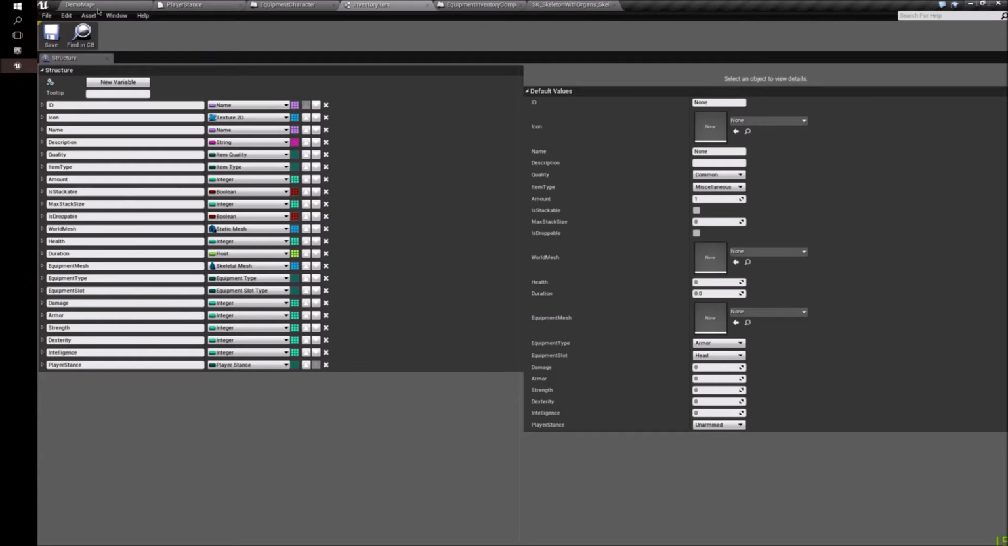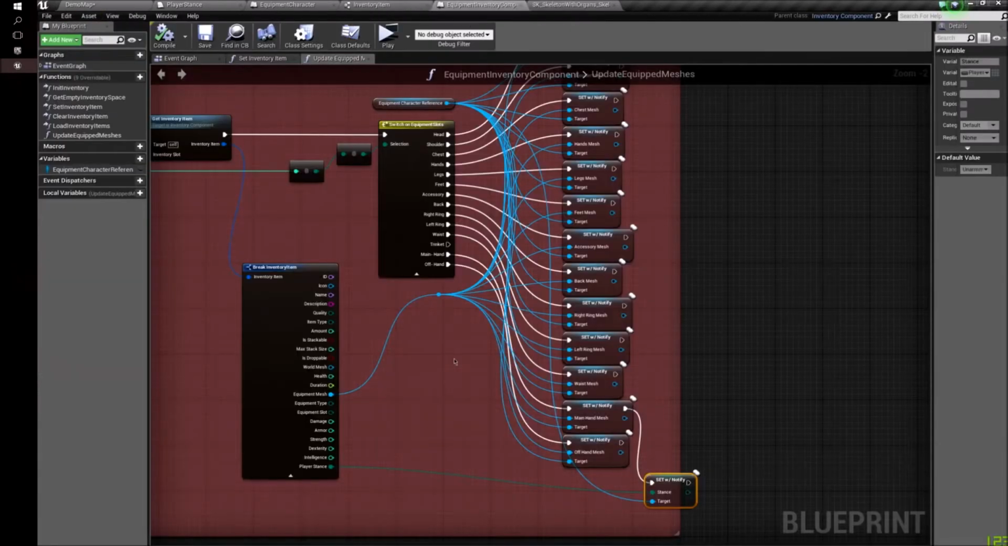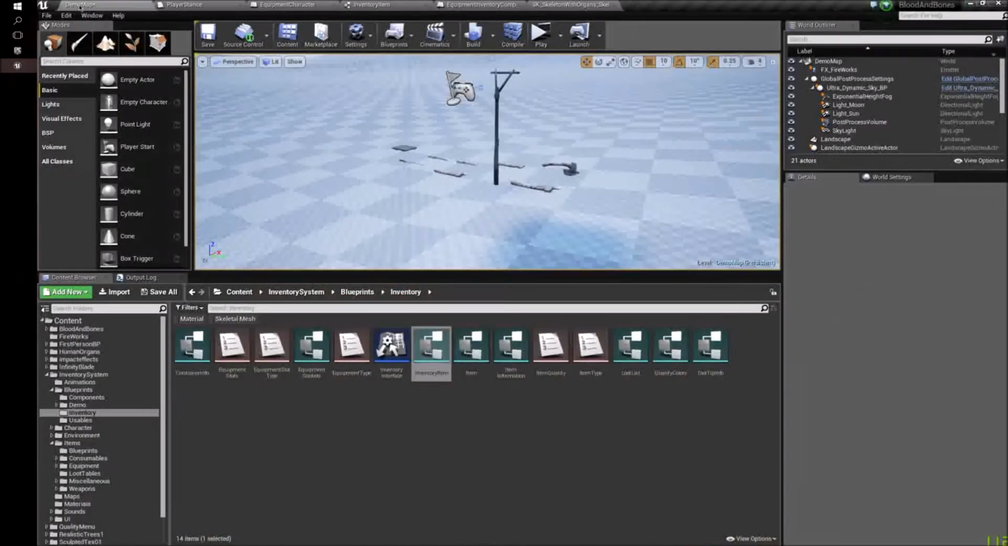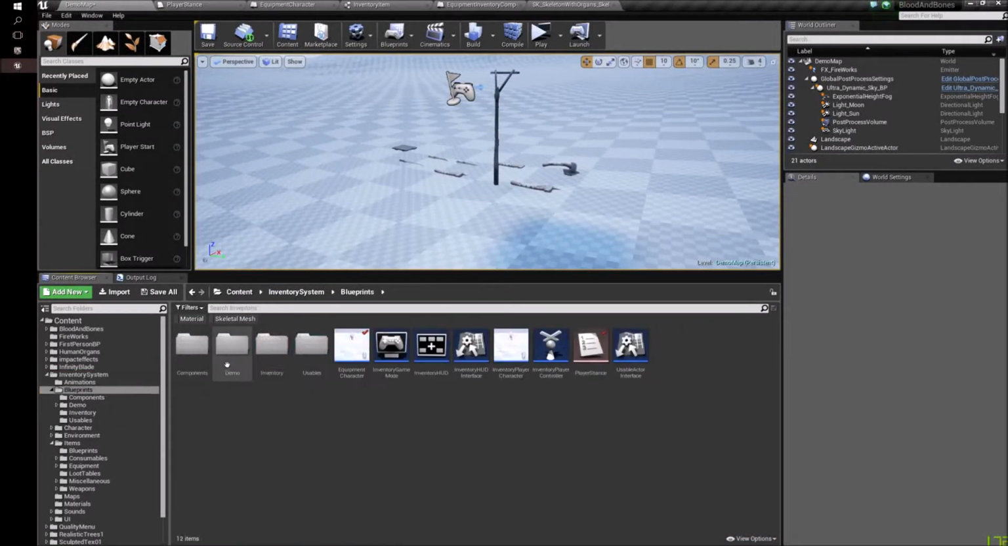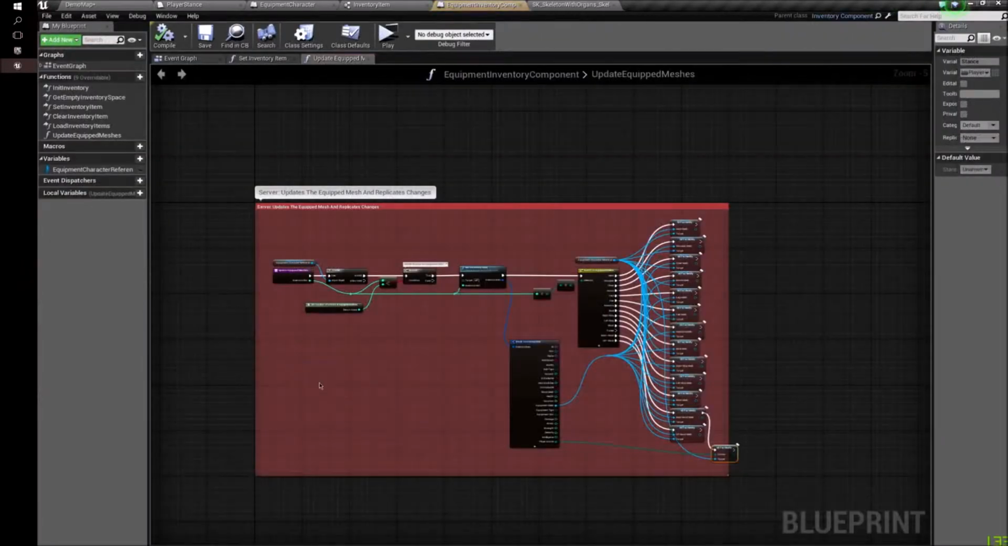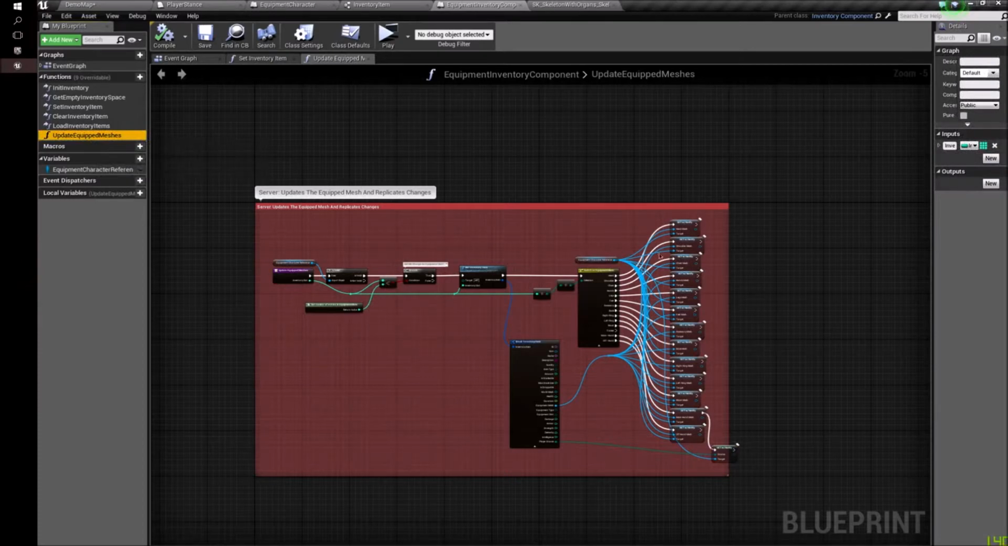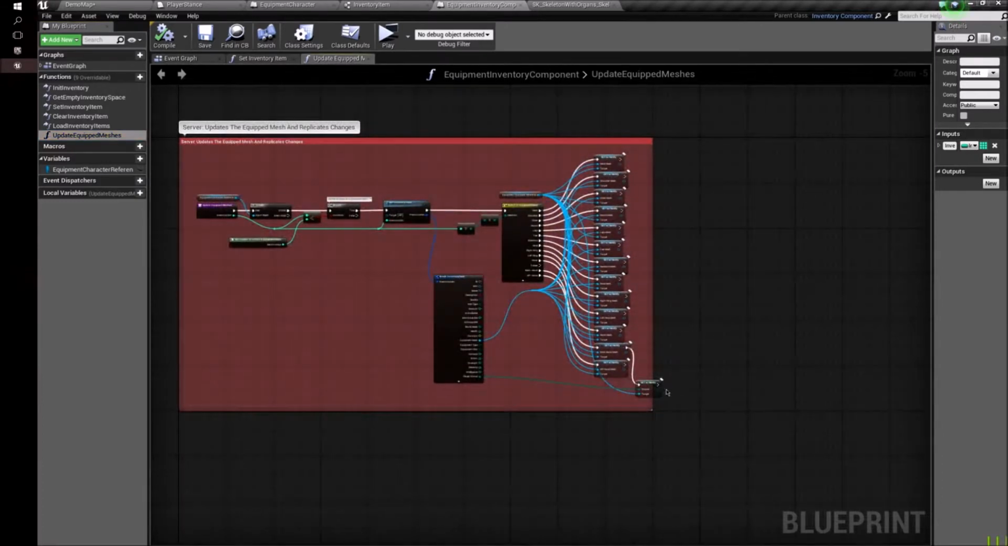After the inventory item is saved and compiled, and everything is good, we're going to go into the equipment inventory component, and that is in your inventory systems, blueprints, components, right here. So what you're going to want to do is go to the equipped meshes, and that will take you here. Basically this will look exactly the same, except it won't have this little bottom part. And so basically off the main hand,